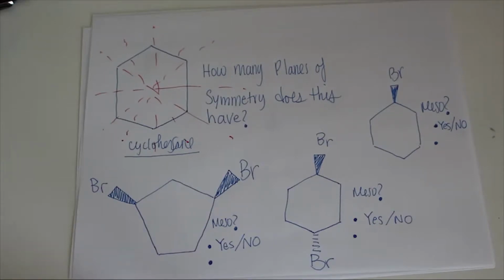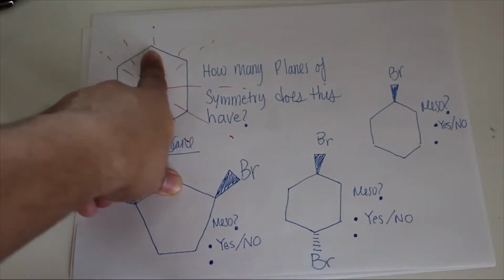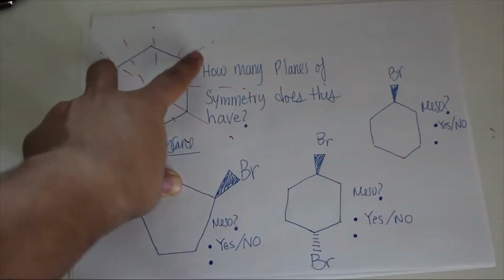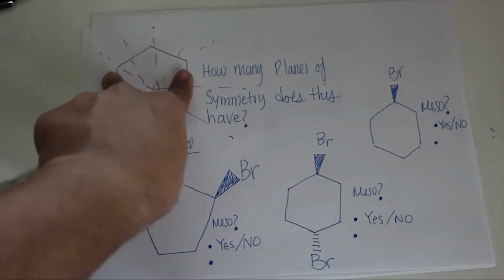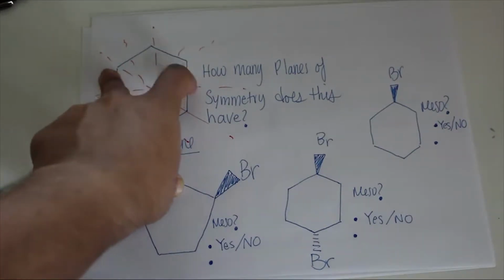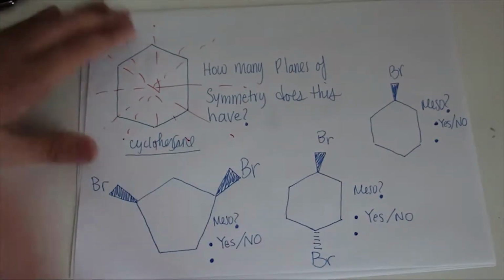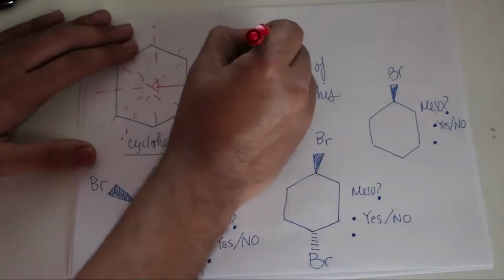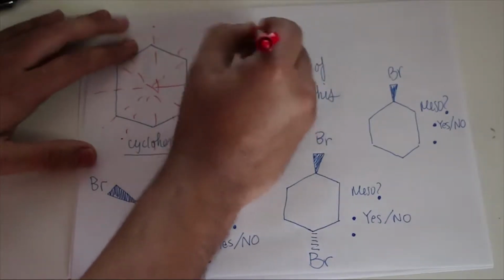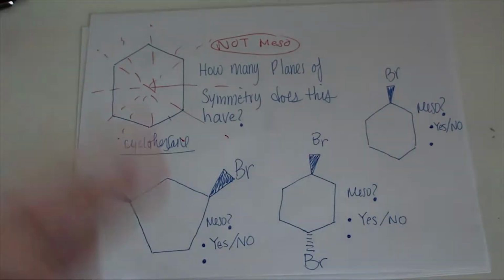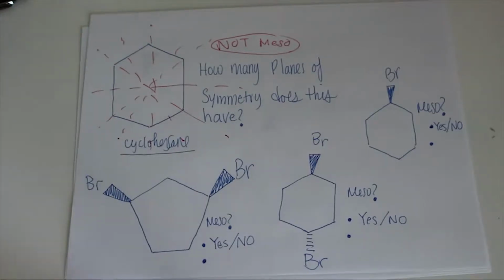As you can see, this carbon over here is bonded to 2 hydrogens which aren't drawn. That carbon is also bonded to 2 more carbons which are both bonded to 2 more hydrogens. So the fact that there aren't any chiral centers in this structure means that it is not meso. It has those planes of symmetry, but it's not a meso compound because of the lack of chiral centers. Chiral centers meaning 4 different groups bonded around it. Okay,